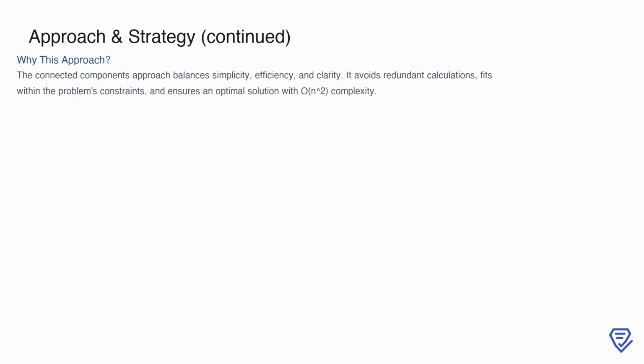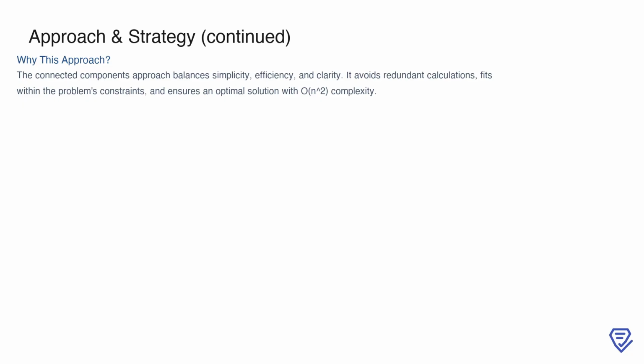The connected components approach is chosen because it strikes the right balance between simplicity, efficiency, and clarity. By pre-computing and reusing island information, it eliminates redundant calculations and adheres to the problem's constraints effectively. Its n squared time complexity ensures the solution is optimal, even for larger grid sizes. This method is not only efficient but also easy to understand and implement, making it an excellent choice for solving